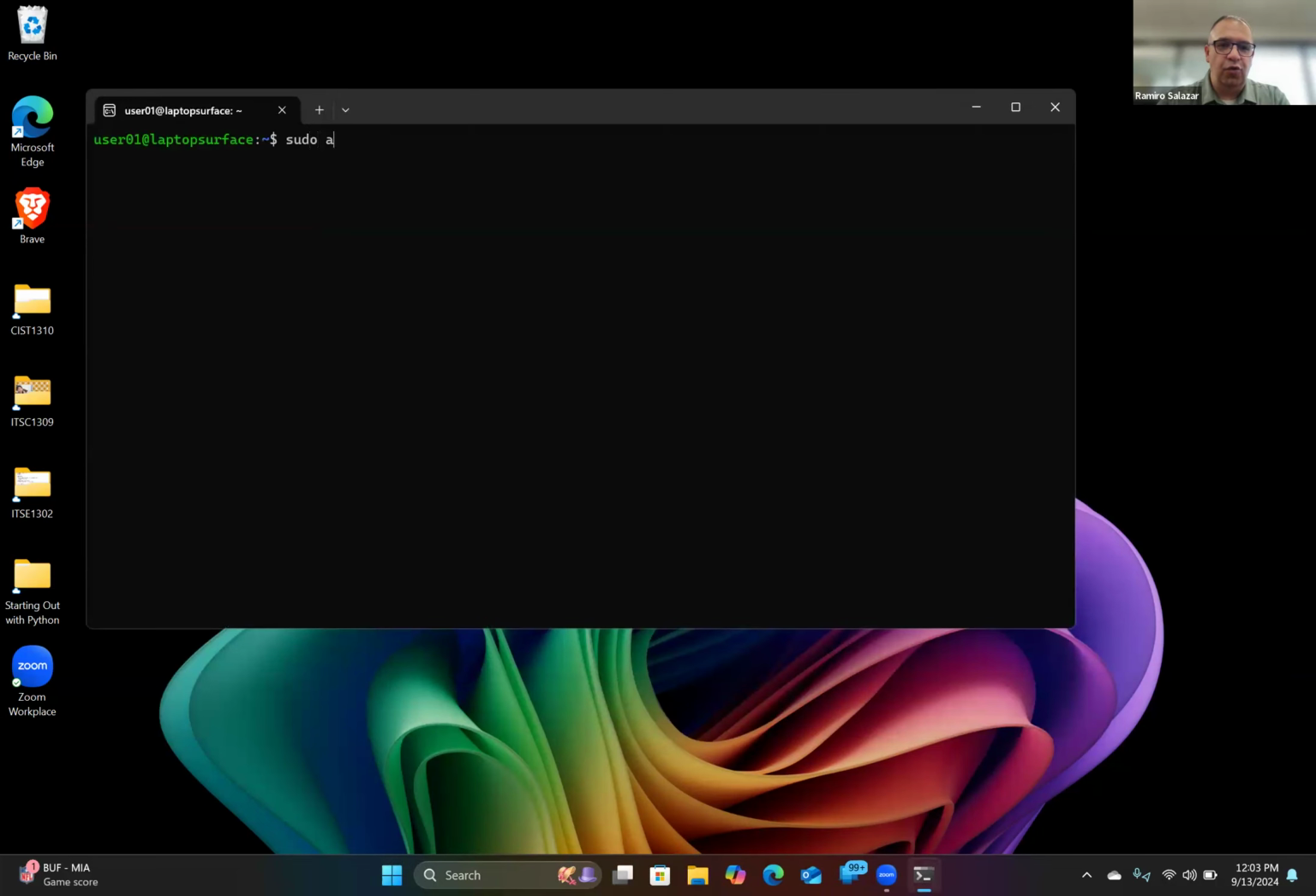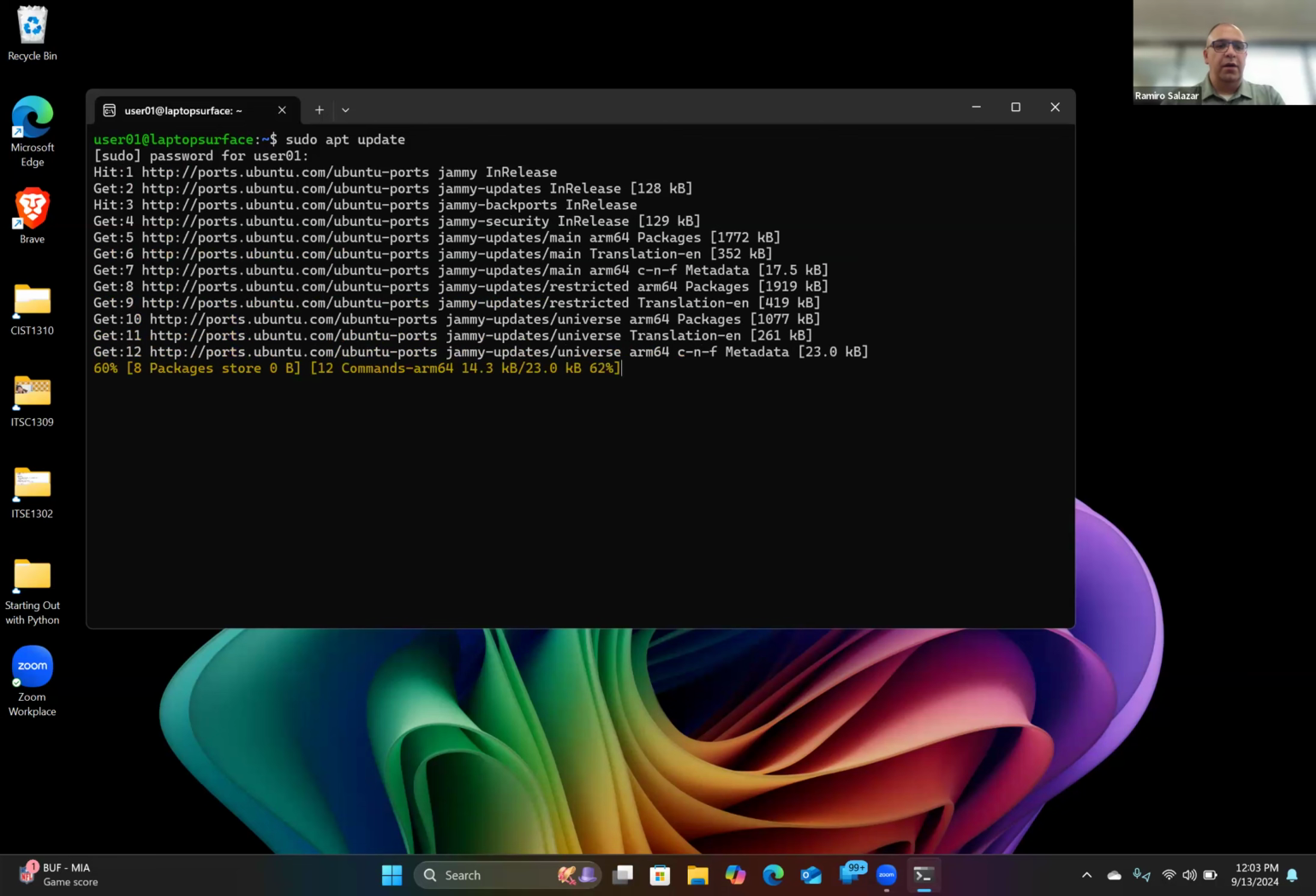I'll do sudo apt update. I'll type in the password. It's checking for updates right now, and it's going to check to see which packages actually require any upgrades. So I'm going to wait a few seconds here. It's kind of stuck at about 61%, so I'm going to go ahead and wait. And while it's doing that,